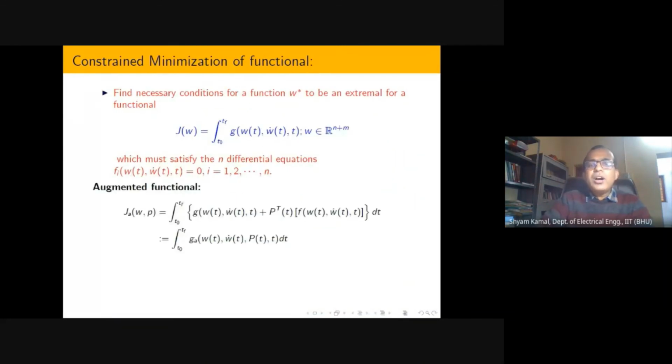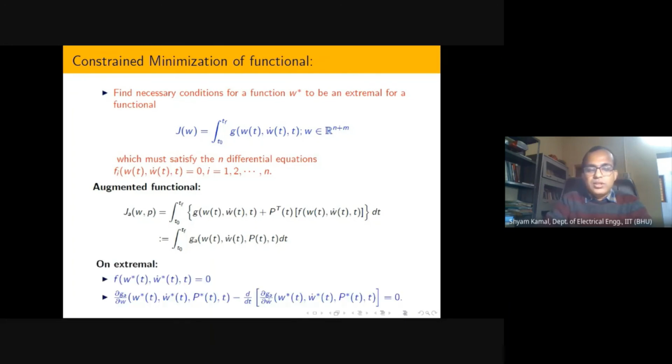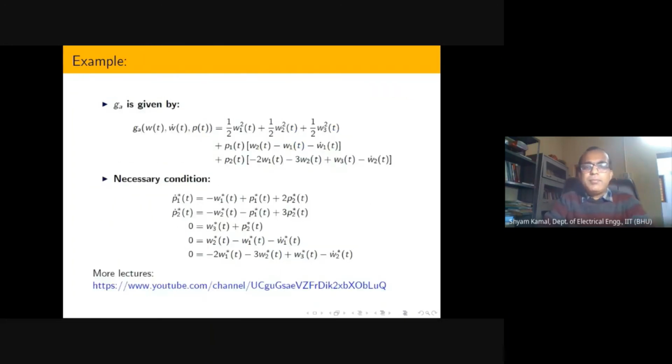Now I have already told you that whenever we are solving some kind of optimization problem, some constraints might be there. At that time we modify the functional. That kind of thing we are going to learn in this course, so for the time being, please do not worry about this part. I am just telling you that all online lectures are available here, so please go through that particular lecture.